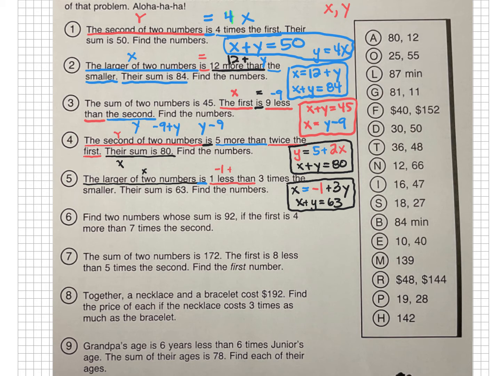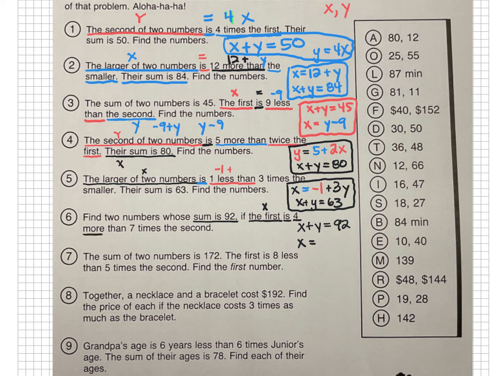Find two numbers whose sum is 92. Okay, x plus y equals 92. When you add them together, they get 92. If, okay, the first number, x, is equals 4 times,